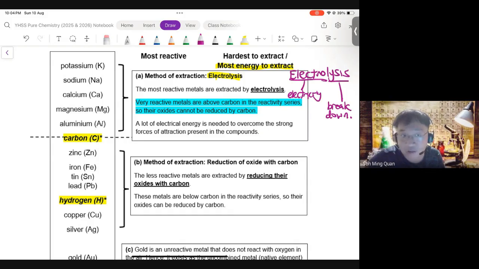And this is testament to the fact that the most reactive metals actually form very stable compounds that cannot be decomposed so easily. So for instance, sodium metal is only obtained by electrolyzing sodium chloride. You need to pass electricity through sodium chloride in order to break it back down into sodium metal. That is how reactive sodium is. Once sodium forms sodium chloride, it just doesn't want to go back. Once it forms Na+, it doesn't want to go back. It'd rather be left alone.